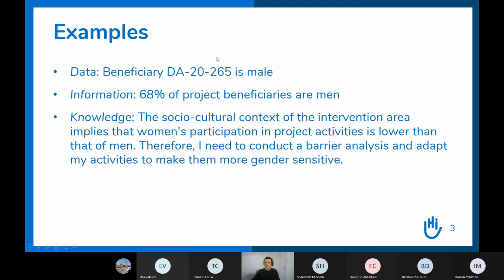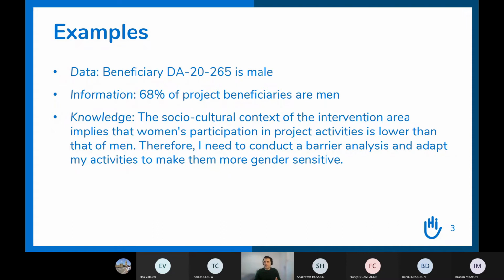So I just want to give you an example of each. So imagine that you have a data, which is that the beneficiary whose number is in your database is DA20265, and the data that you have is that this person is a male person. Okay, so that's really unitary. Your data is male, linked with this beneficiary ID. Then the information that you are going to get is, if you look at the whole database and